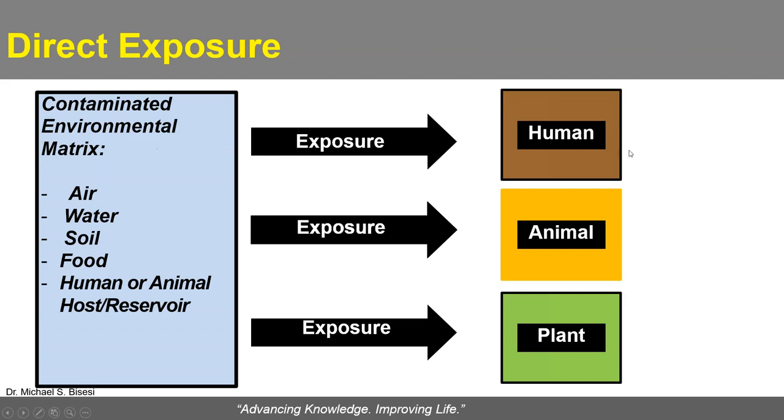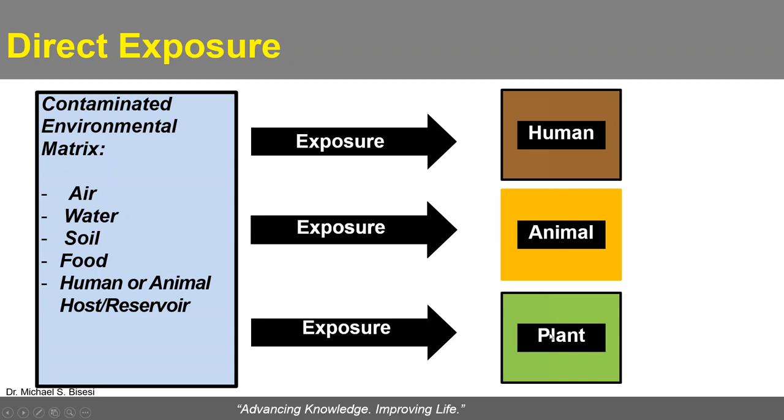And if we have that interface, there's contact, we inhale the contaminated air, we ingest the contaminated water. And even though the focus here is on humans, it's the same mode if it's an animal, same mode if it's a plant. And the reason this is important is because the food chain can become involved as well. But this is what direct exposure is. There's that direct interface with the contaminated air that the human's inhaling, or the contaminated water that the human's ingesting. And the same could be said about the animals or plants.